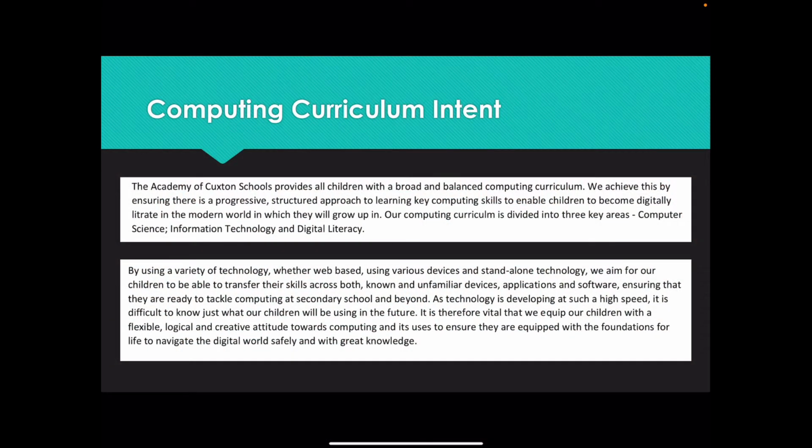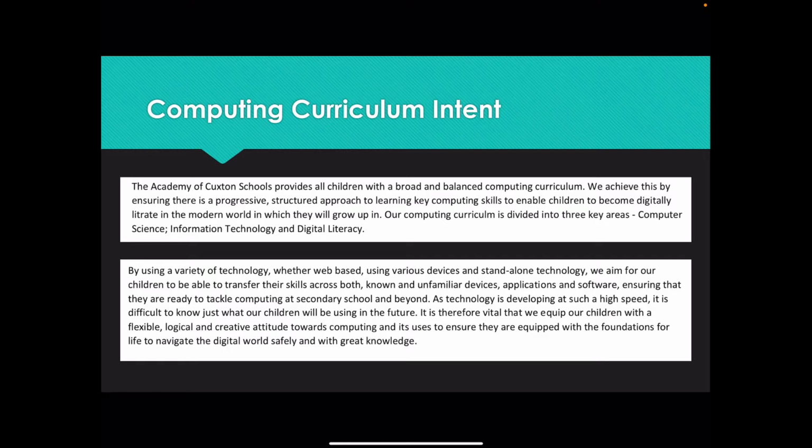This is our computing curriculum intent. We provide all children with a broad and balanced computing curriculum. We ensure there is a progressive, structured approach to learning key computing skills which children use to become digitally literate in the modern world in which they will grow up in. Children have access to a range of technology at school. This enables them to develop their skills across a range of devices, preparing them for their future in a digital,